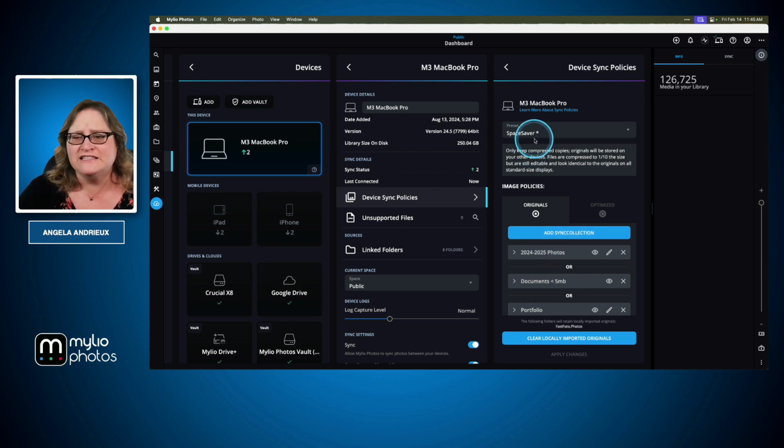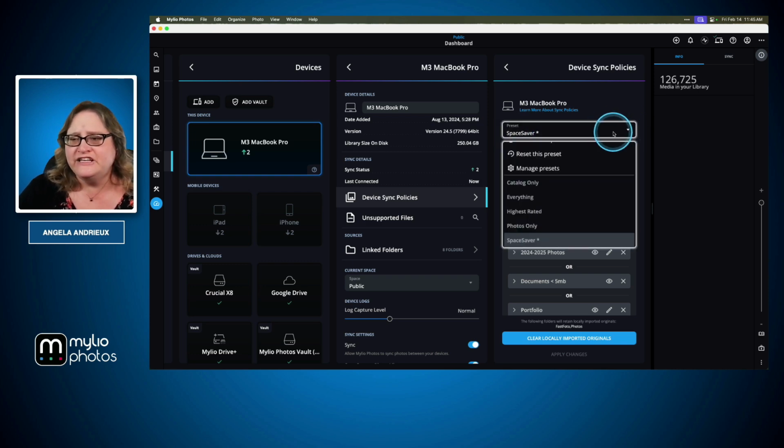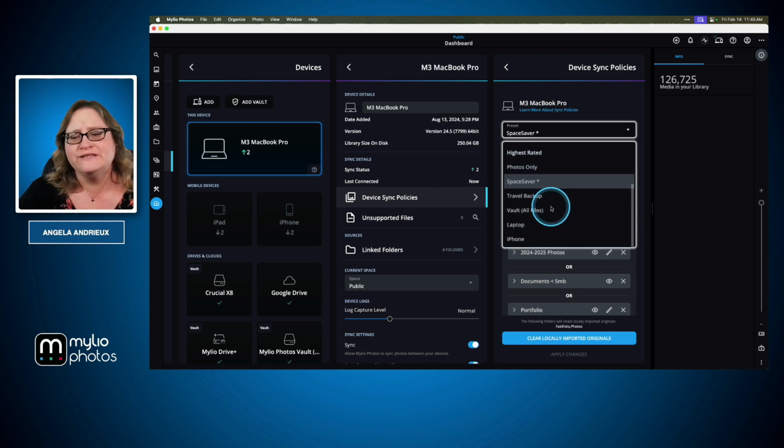And because I've added some exceptions, which we'll talk about here in a little bit, that's why there's a little asterisk. But my device here as a whole is set to SpaceSaver. If I need to, I can always click on this and I can choose catalog only or choose another preset